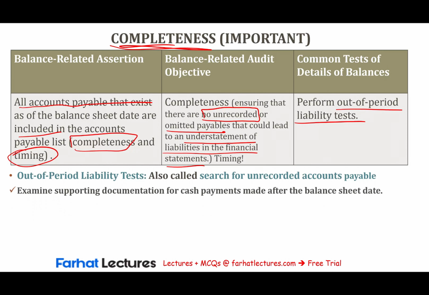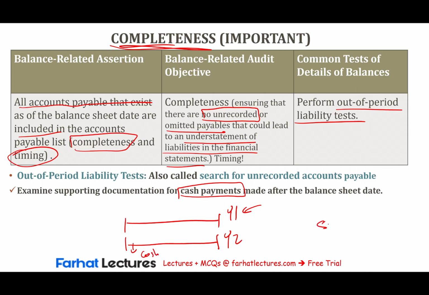We look at documentation for cash payment and basically check made after the balance sheet date. So let's assume we're looking at year one, we're auditing year one. This is the year that's being audited. So in year two, what we do is we look at a payment made early on in year two. We send a payment for $500 for a vendor. Great. So if we send a payment for $500, I want to see if this $500 payment that we paid